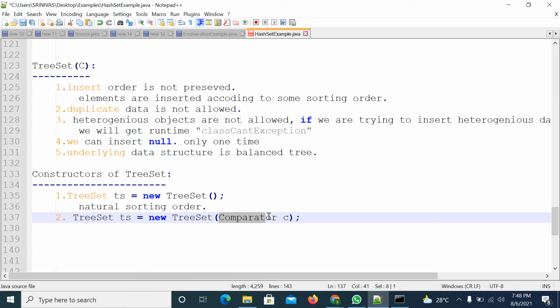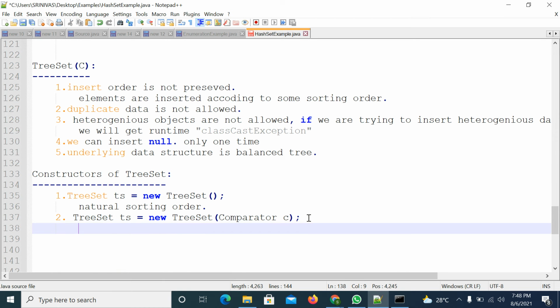If you want the elements in a customized sorting order, you need to pass one reference here. So this will work for customized sorting order. We will see this with an example. In this case also it will create an empty TreeSet, but the elements will be sorted according to customized sorting order. Right.